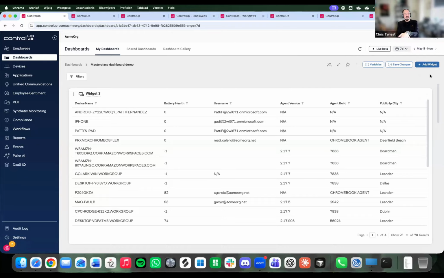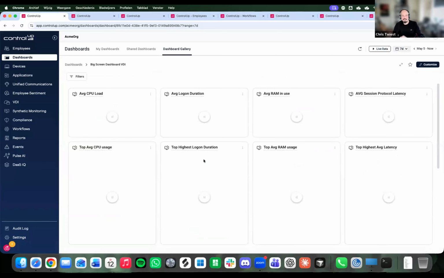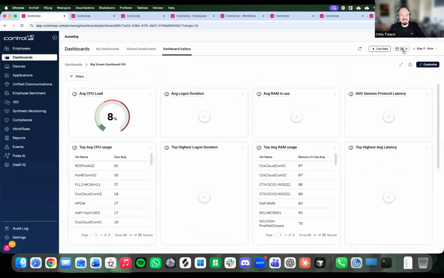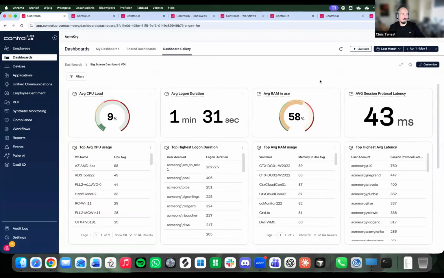And I believe the VDI data by default is also 60 days, as far as I know. But again, that might be different per tenant. Again, it is easy to find out if you click on these and at a certain point you don't get any data anymore, you know you reached your limit. So if we put this to last month and this is VDI data, yeah, it still works here. So I expect, because I know that the default is 60 days as far as I know.